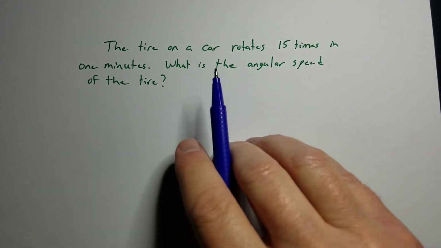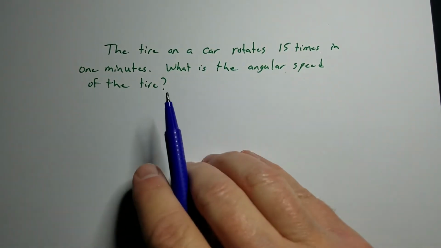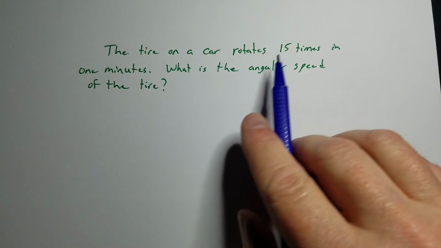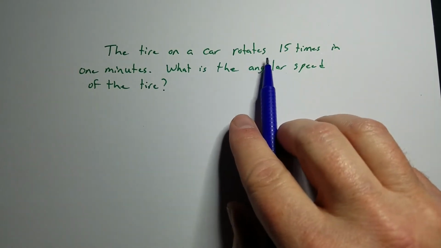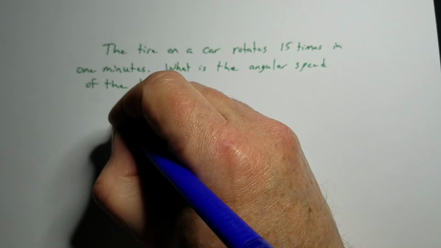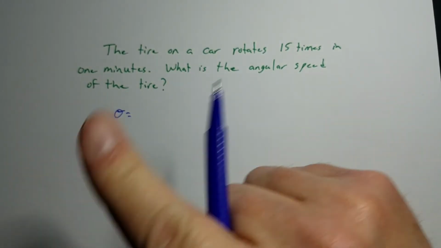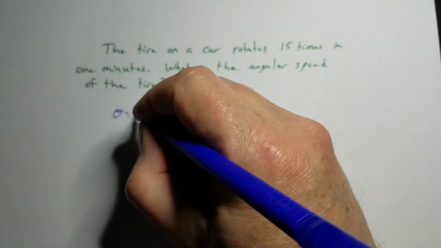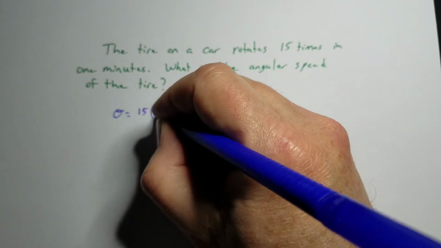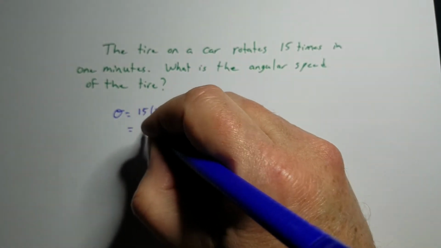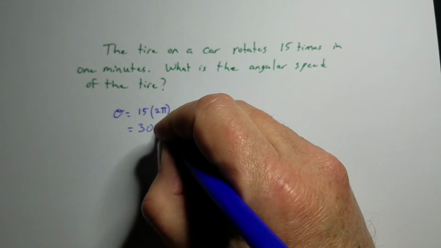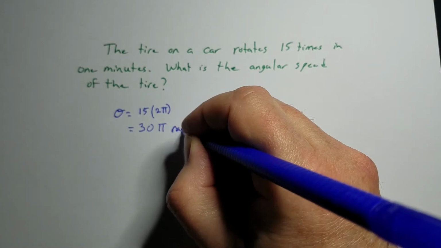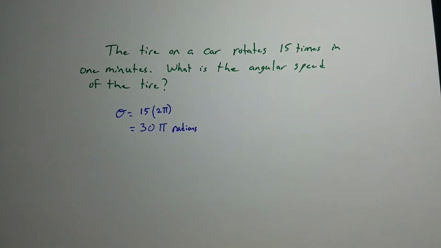A tire on a car rotates 15 times in 1 minute. What's the angular speed of the tire? Now, here's one thing. It doesn't give us the angle the tire went through. It told us that it rotates 15 times. So we actually need to figure out what theta is. One time around is 2 pi radians, and it went around 15 times. So we take 15 times 2 pi, and we get 30 pi radians